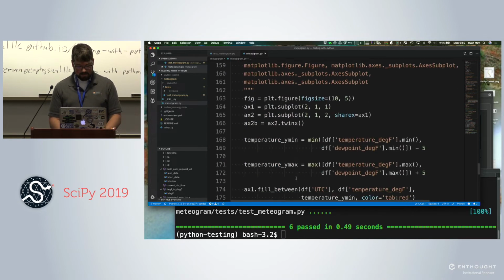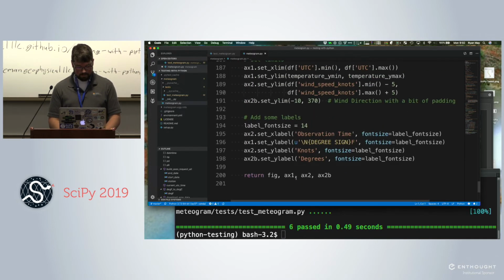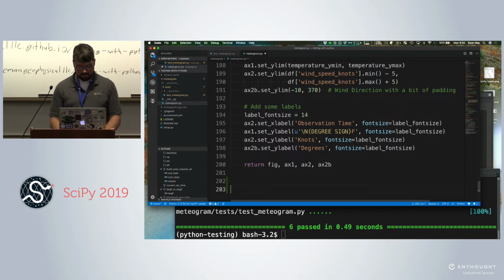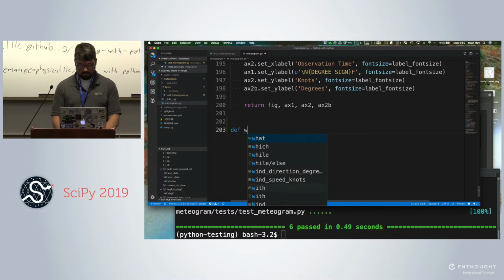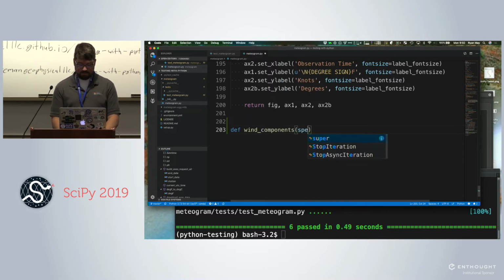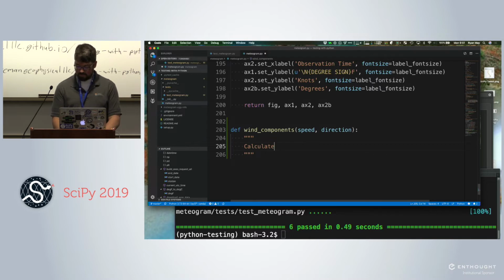Okay, so in mediogram.py, we're adding a function wind components. It has 2 arguments, the wind speed and the wind direction. Since we're being nice to ourselves and anybody else that has to use our code, we'll put a doc string here.